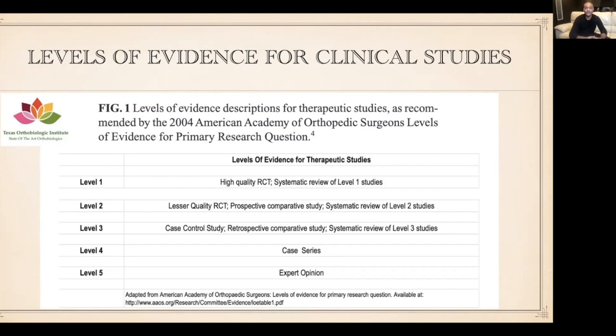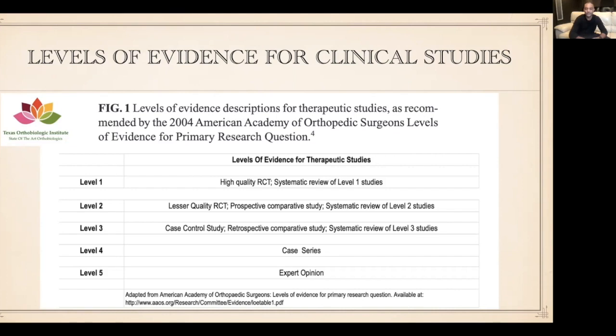The most commonly done study that's level 4 would be a case series where there are multiple patients that all receive the same treatment. There's not necessarily a control. It's not randomized. It's not prospective. Typically done by one researcher or clinician, but is a lower level of evidence because of the lack of a control and blinding and prospective analysis.